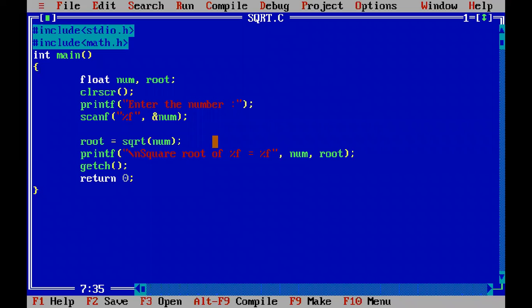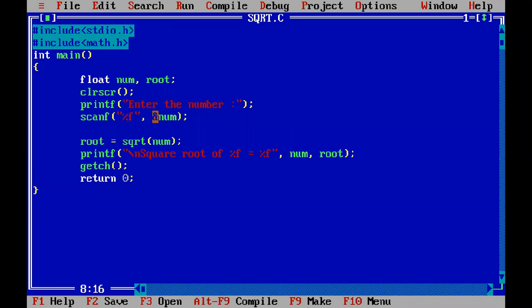Once you type the number and press the enter key, that number will be taken as the input, and that is the work of the scanf function, because we use the scanf function to read values. Once you press the keys on your keyboard, whatever value is pressed will be taken as an input by the scanf function. The format for float is %f, because we are using float numbers here. So that particular number will be represented as %f internally.